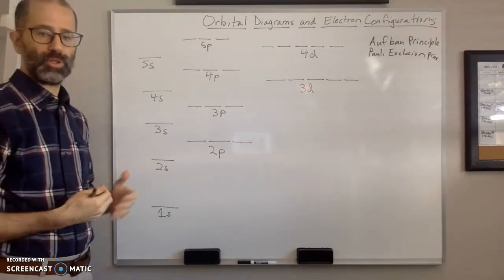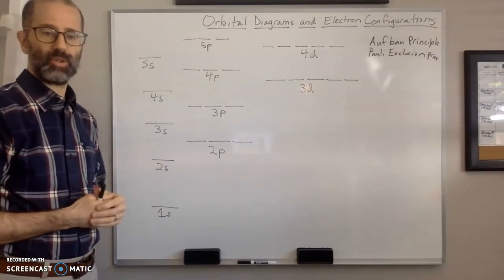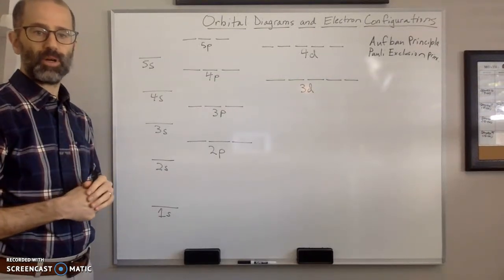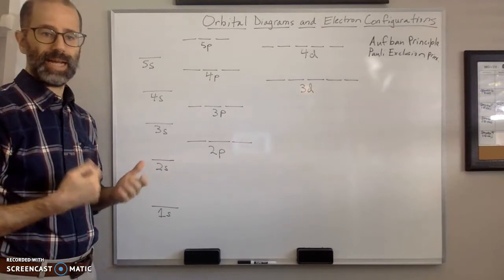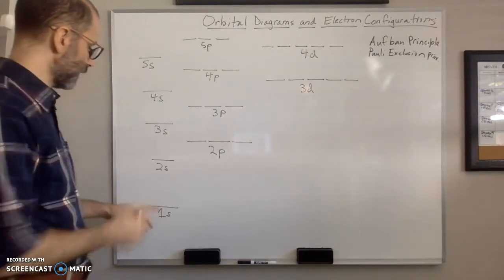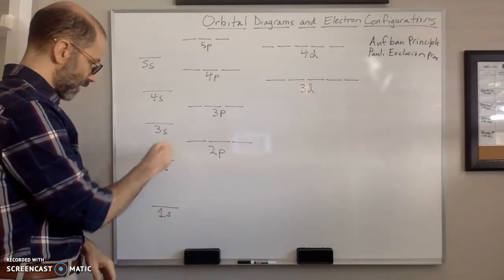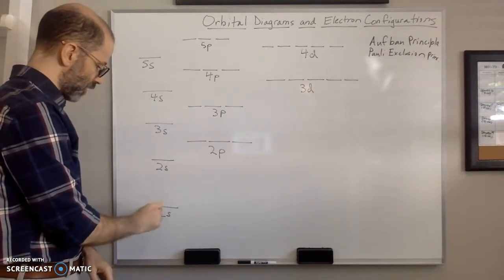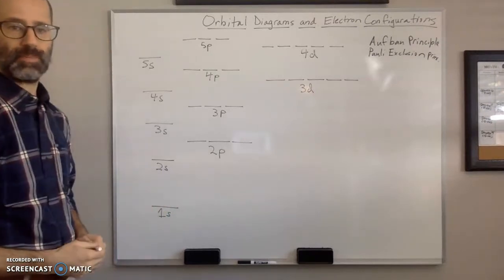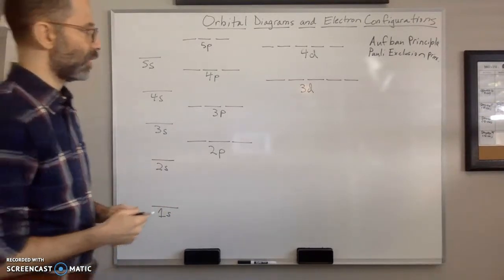Otherwise, if you have more than one electron in an orbital, two of those electrons are going to have the same four quantum numbers, and that can't happen. So as you're filling in, each line is an orbital, so when you put in two electrons, they have to have opposite spins. Okay, and the third one